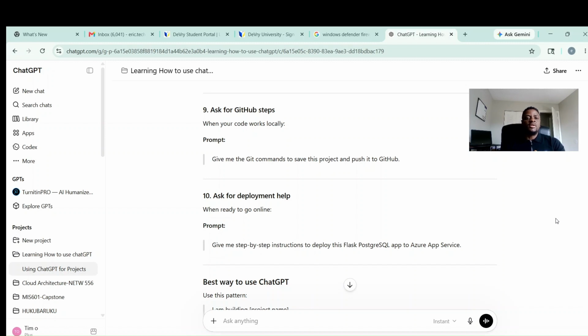If you are using Python to build applications, you have to learn the basics of Python. You have to learn functions. You have to learn how to write classes. You have to learn different things. You have to understand Python very well. If you are using Java, then you have to learn Java. You have to know object-oriented programming. You have to know those things, so that while you are using ChatGPT to help you,